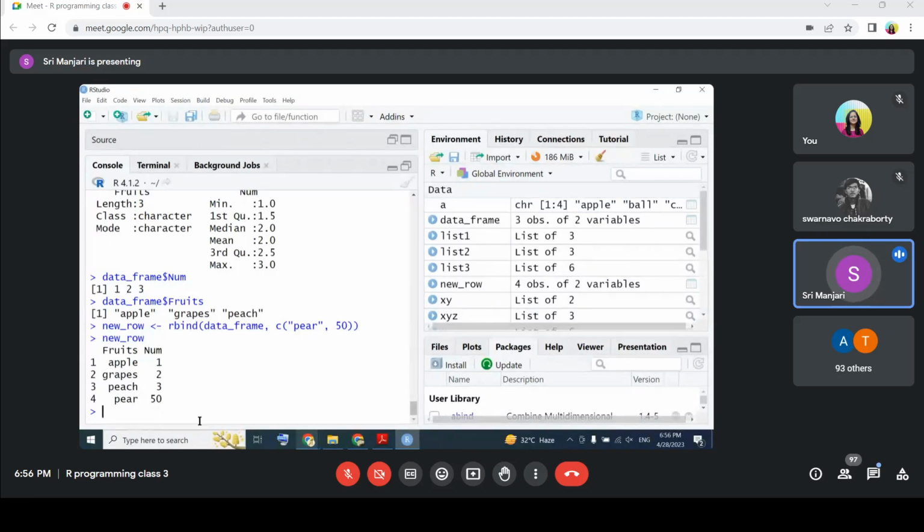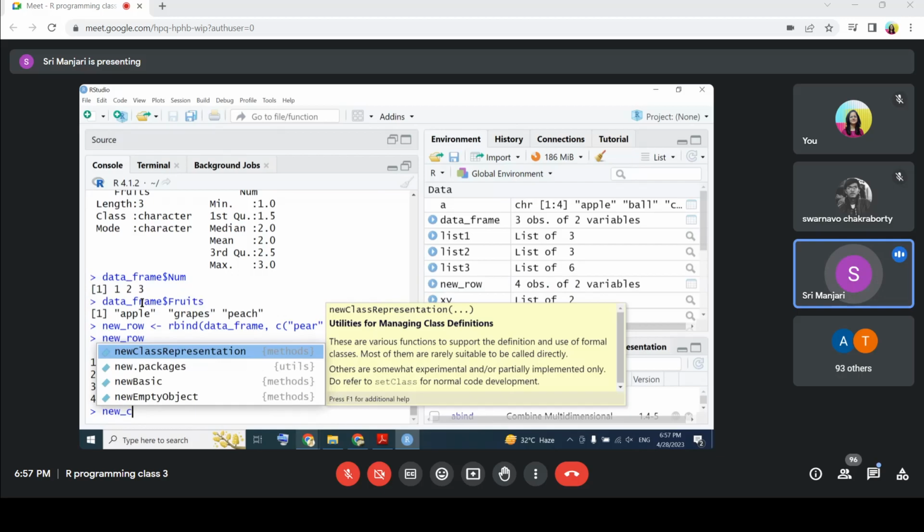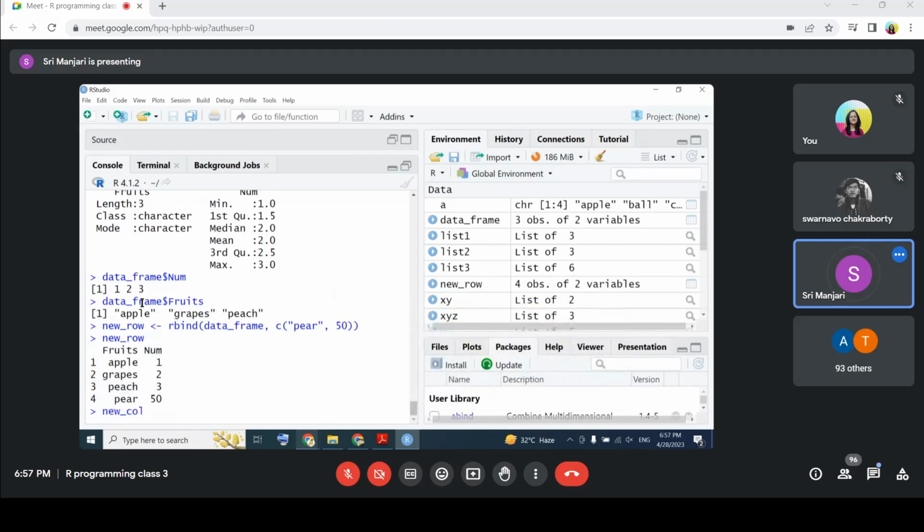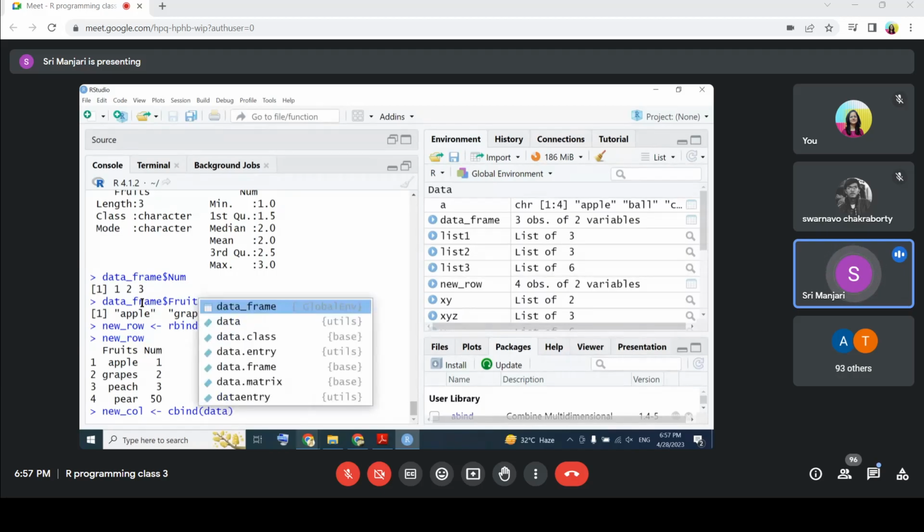Similarly, you can add an extra column also. How do you add a column? With cbind. Each time, you're creating another data frame. Your original data frame will always stay like that. You will not modify that. You'll add to that and give it a new name. That's why you always need to give a new name. So I'll say new_column will be my new data frame, which I am using to create an extra column for the already existing data frame,